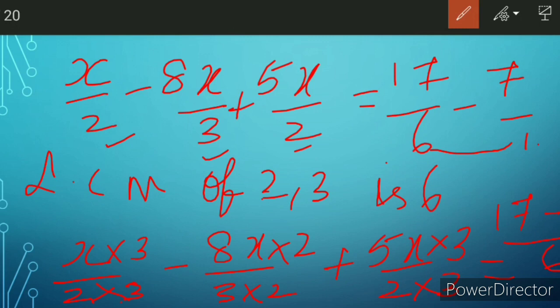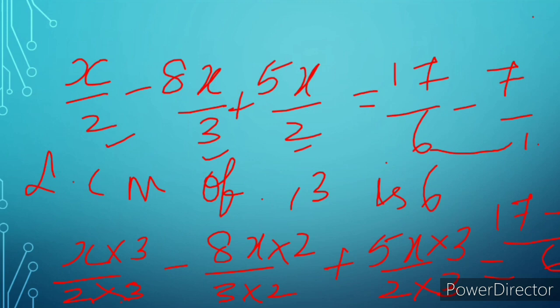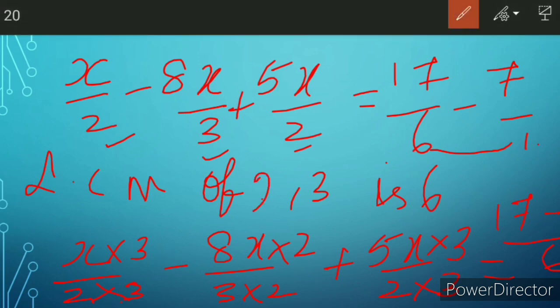What I did, I just wrote one step. LCM of 2 and 3 is 6. If you do not understand, I'll write clearly. 2 comma 3 is 6. After that I converted each denominator as 6, just wrote the product form. Next step we will write the multiplication answer. We'll multiply and write on the next page.